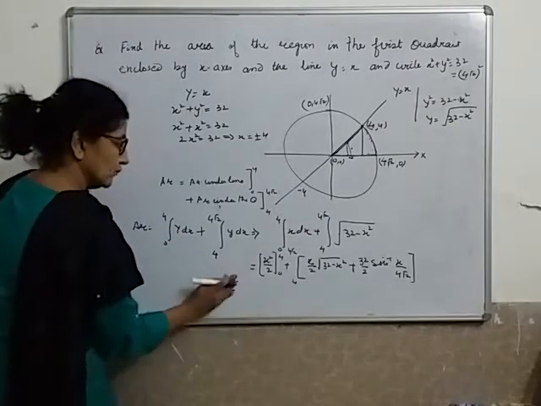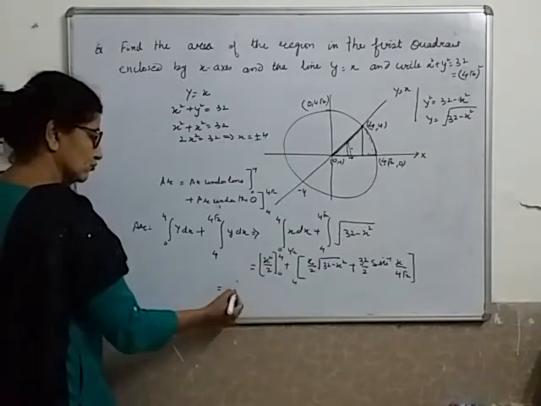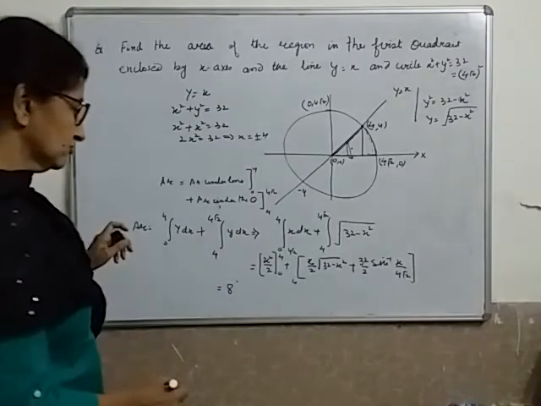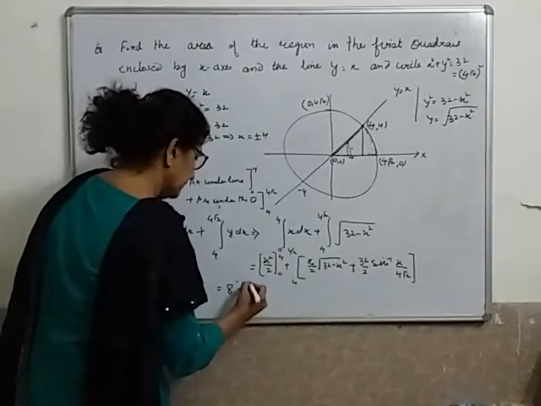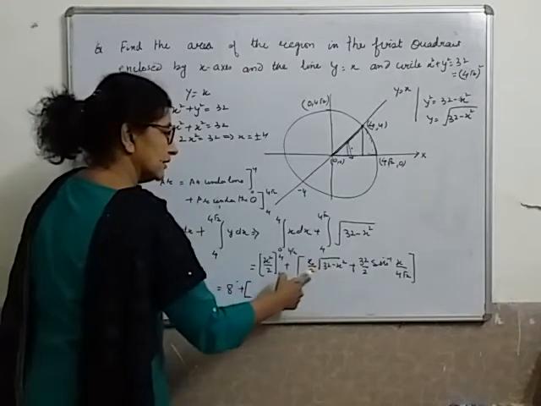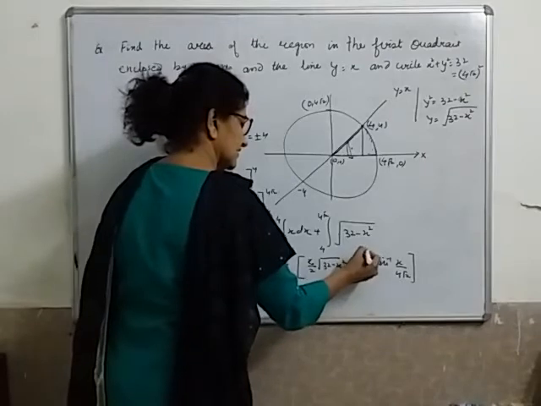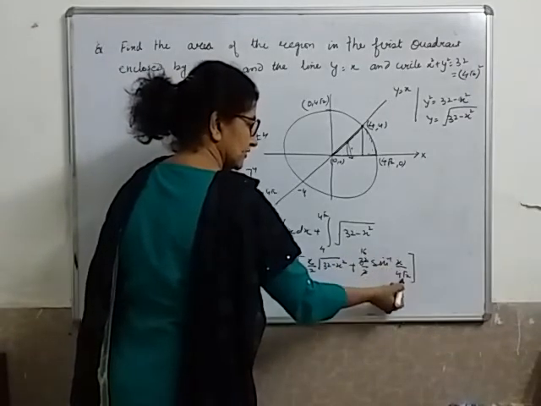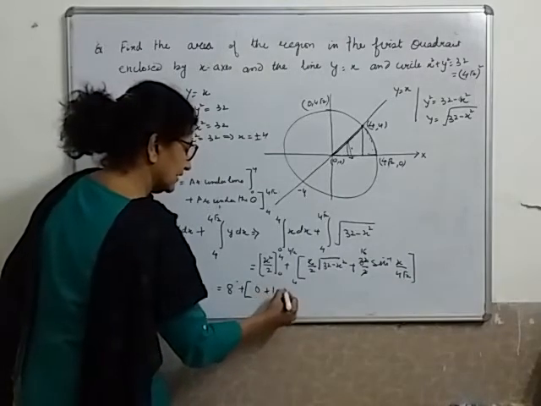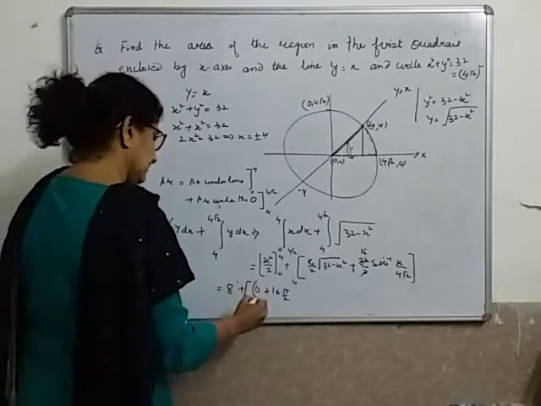x squared by 2. Okay, when I put 4 here it will be 16 by 2, that is 8. Putting 0 gives nothing, so it is 0. Coming over here, putting 4 root 2 gives 32, so this whole thing will become 0. Right? So it is 0. This is 16. When I put 4 root 2 here, it will become 1. By now I hope you understand sine inverse 1. Can I write straight away pi by 2 if you don't mind? Okay, fine. This is the upper limit.